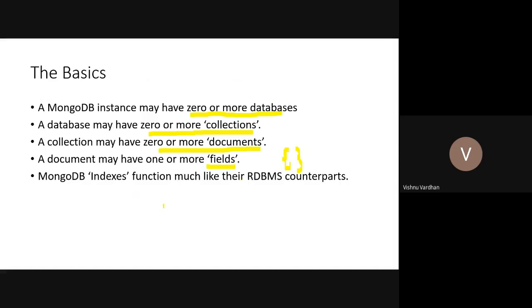Then MongoDB indexes function much like their RDBMS counterparts. So MongoDB indexes function like we have seen with the RDBMS counterpart. So indexing is naturally applicable on the primary key, that is underscore ID. Okay, so this underscore ID is a primary key by default going to be created by the MongoDB. But in the MongoDB, you can put up more number of indexes as per your requirement. So it is completely applicable if you are indexing every part of your field in a given document. So that is completely allowed.